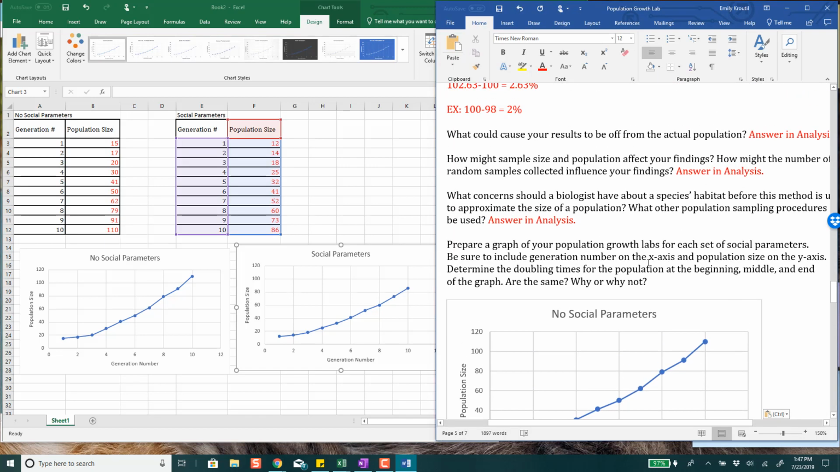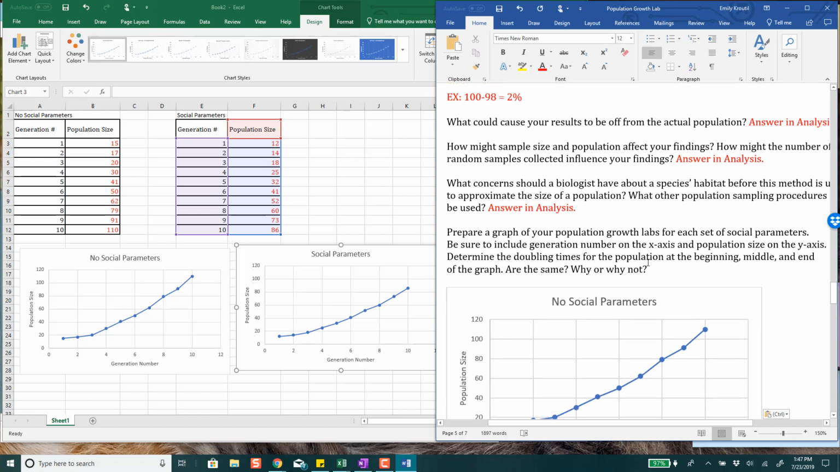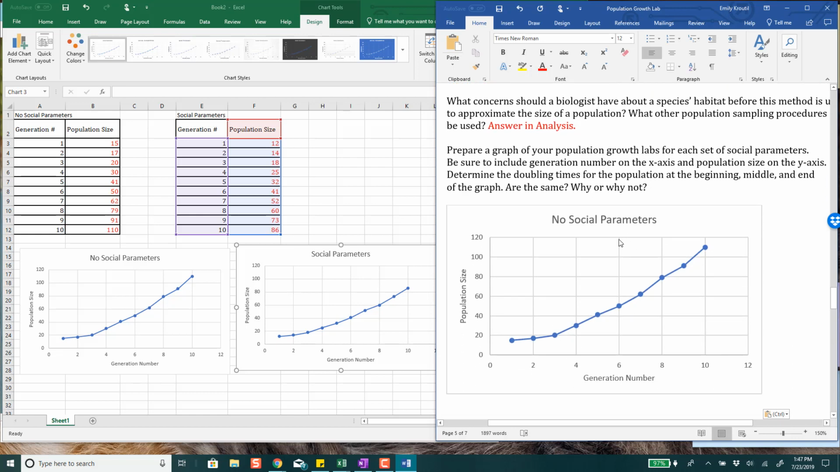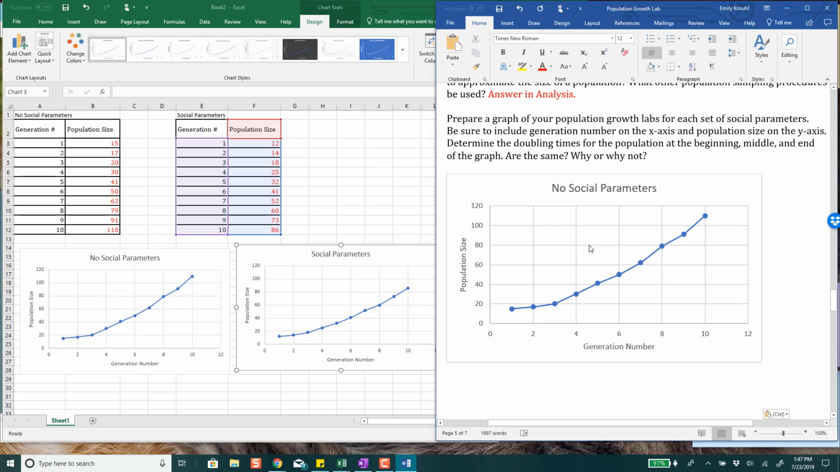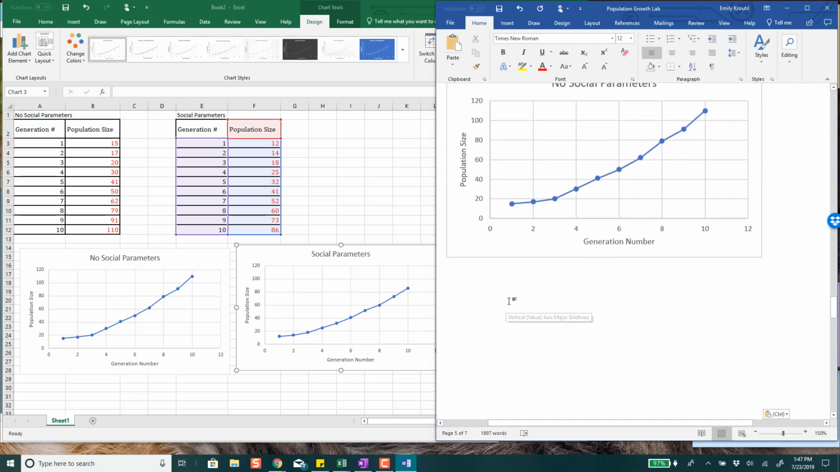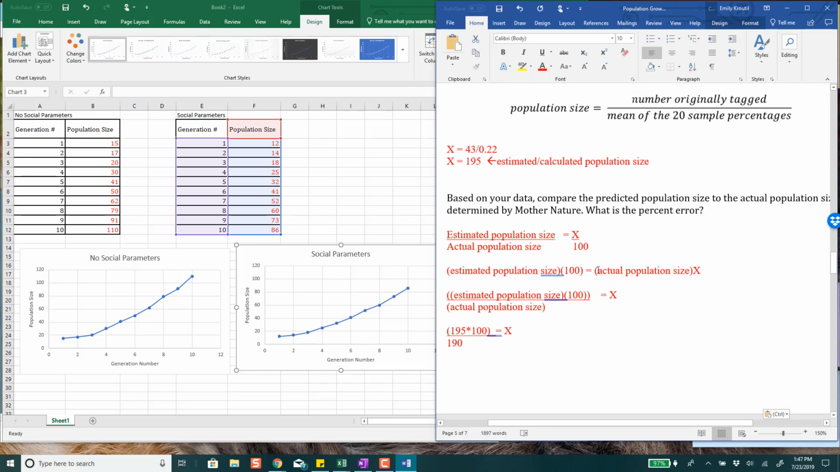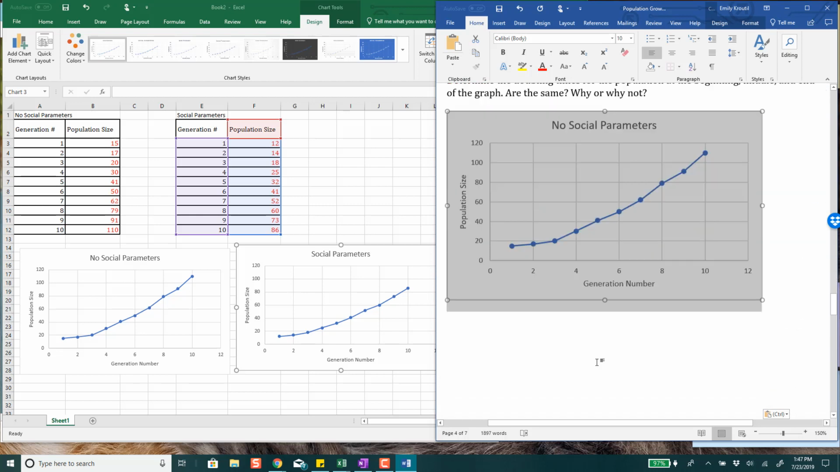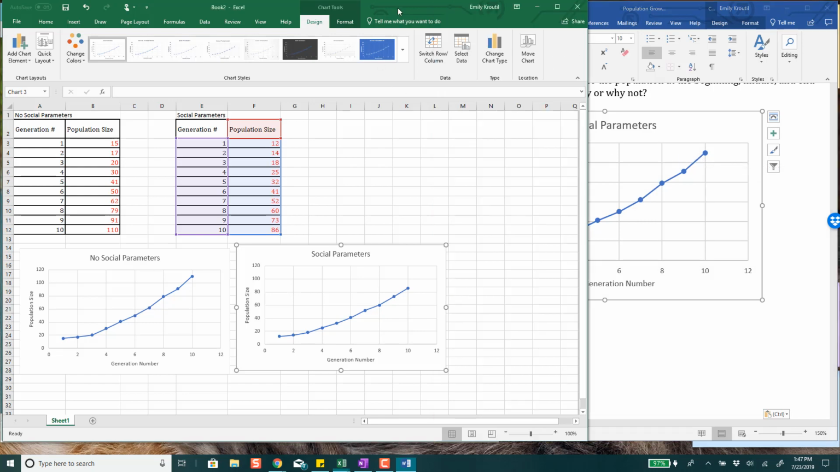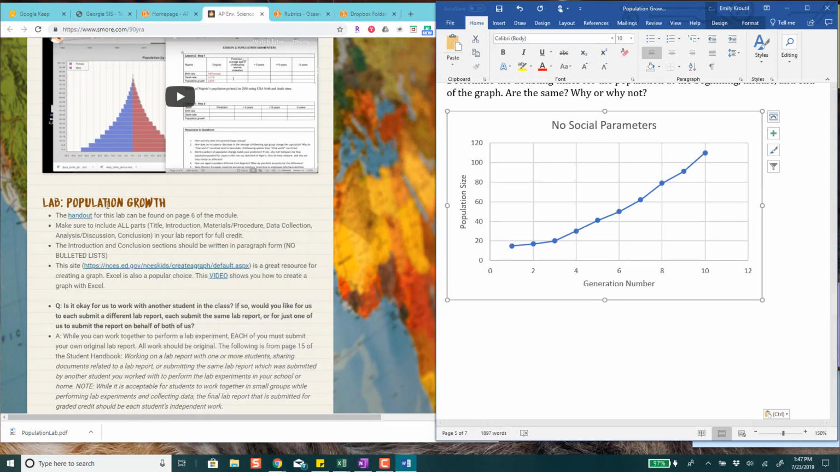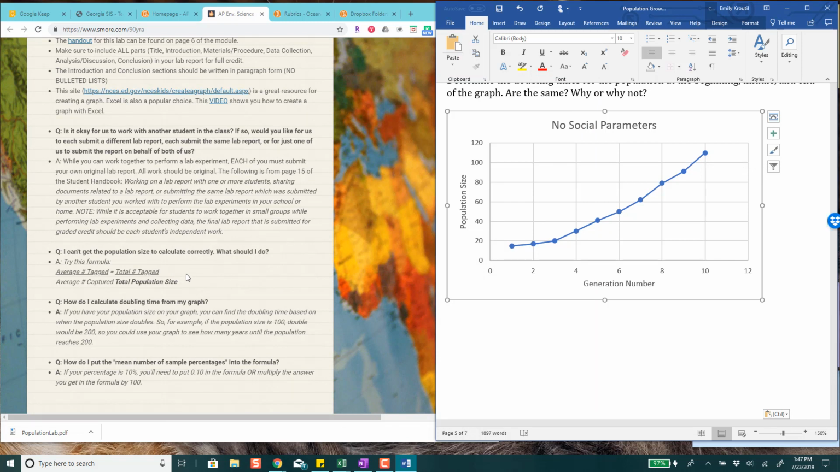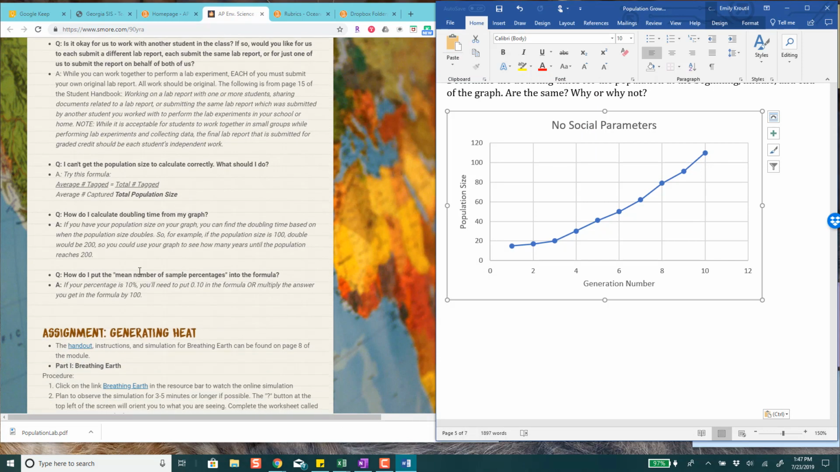Okay, and then now we want to determine the doubling time for the population at the beginning, middle, and end of the graph. And then are they the same? Why or why not? So the middle, if you've got 10, right? It would be like generation 1, 5, and 10. Okay. And then for our doubling time,